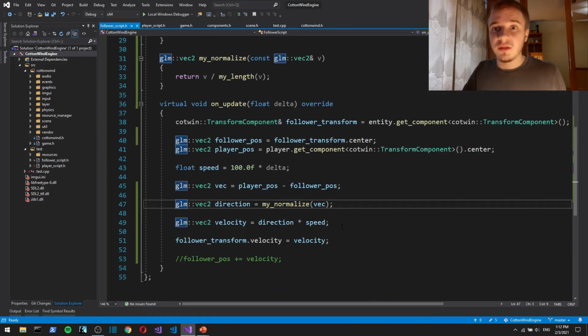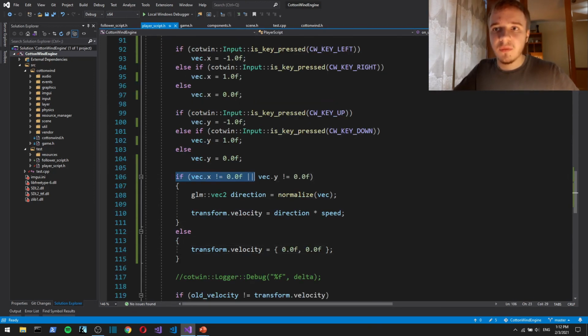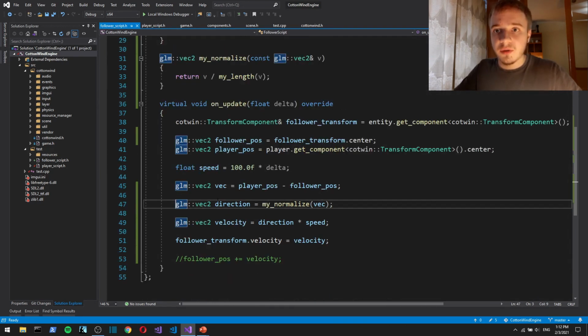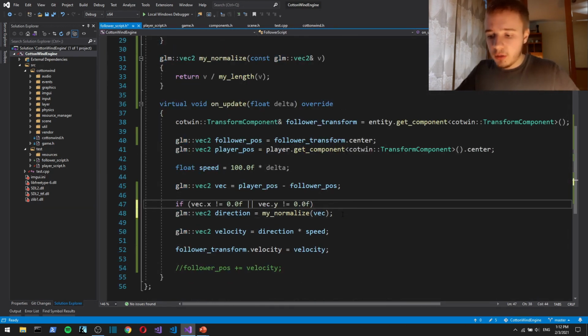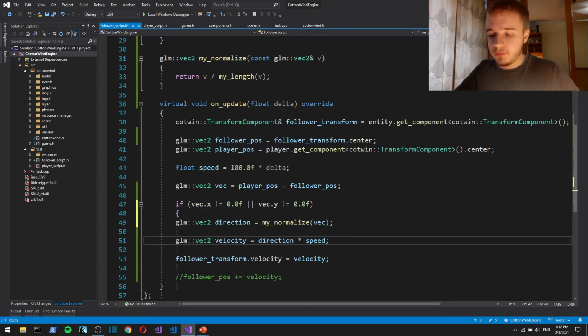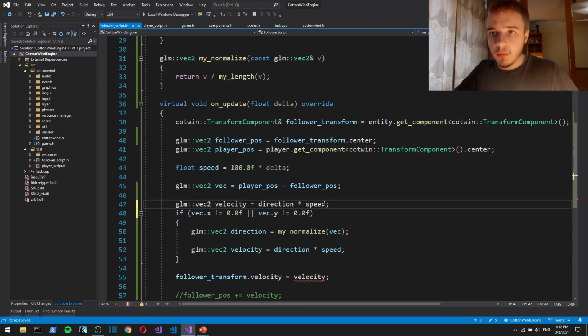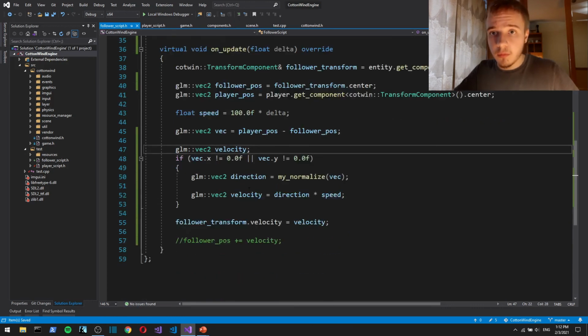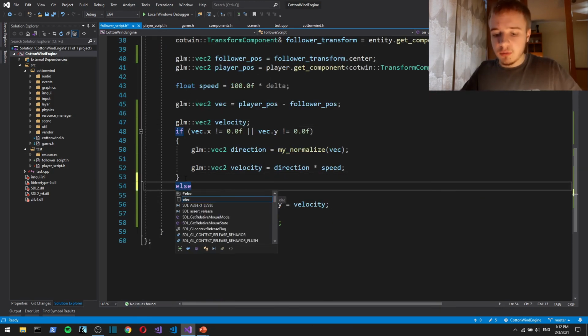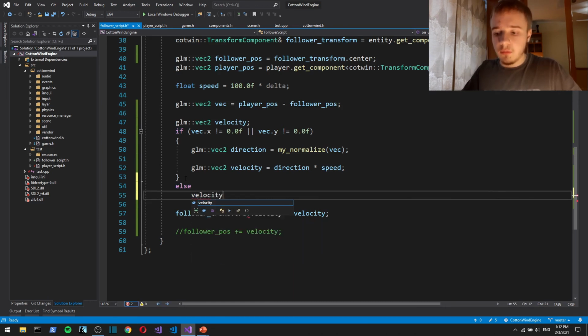And here we also should check if the vector doesn't equal 0, and if it does, velocity equals 0.0f, 0.0f.